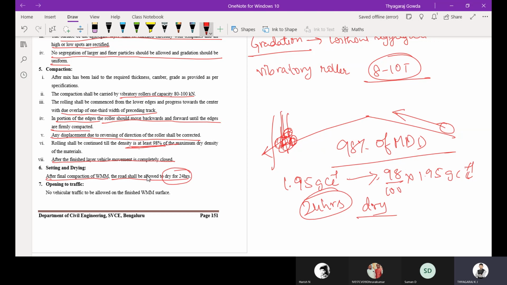But in our Indian condition, after construction, within 2 or 3 hours they open it to traffic, which leads to loss of material. No vehicular traffic should be allowed on the finished WMM, so you are going to let it set and dry for 24 hours, and no vehicle traffic should be allowed over the WMM surface.